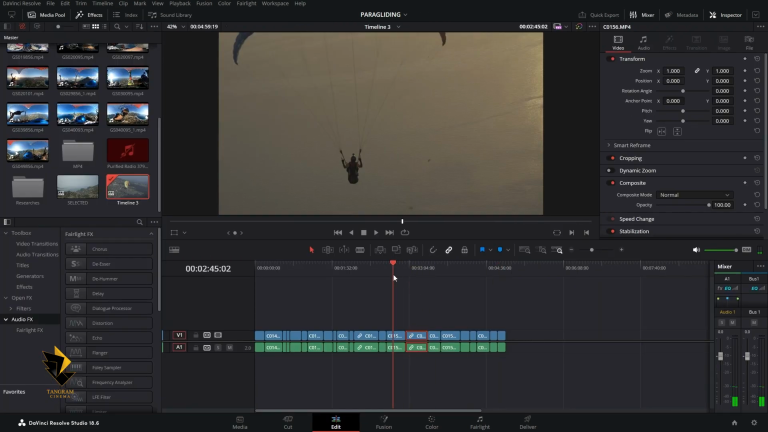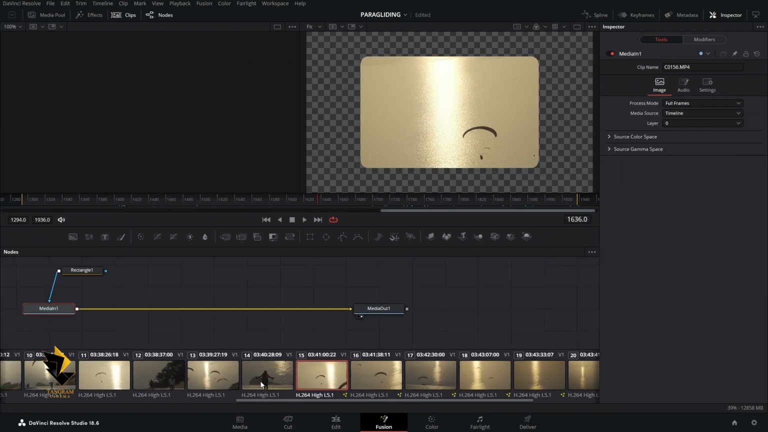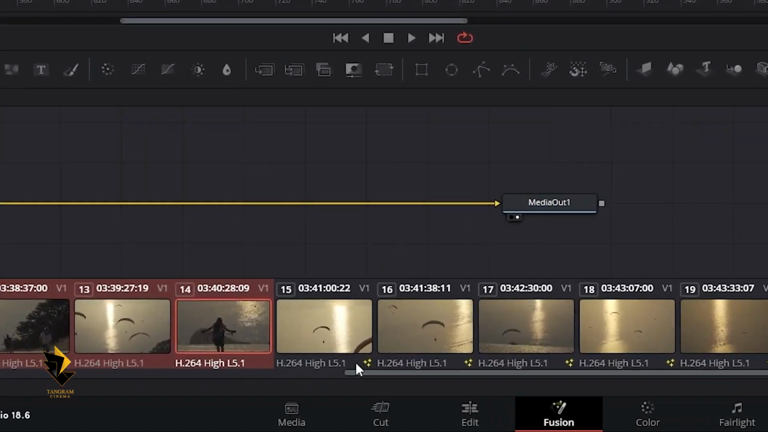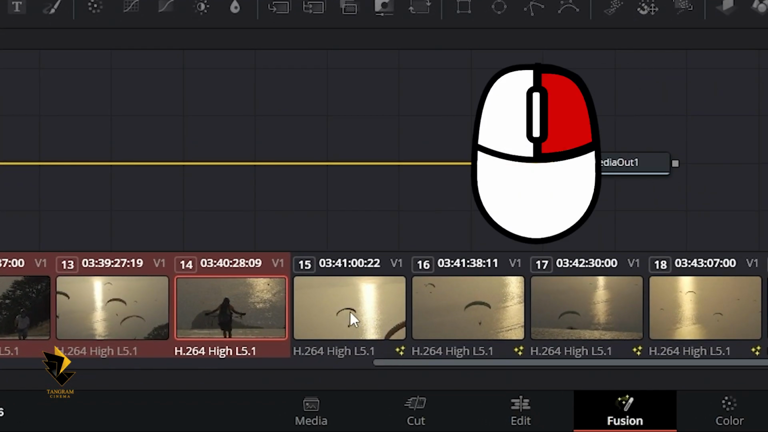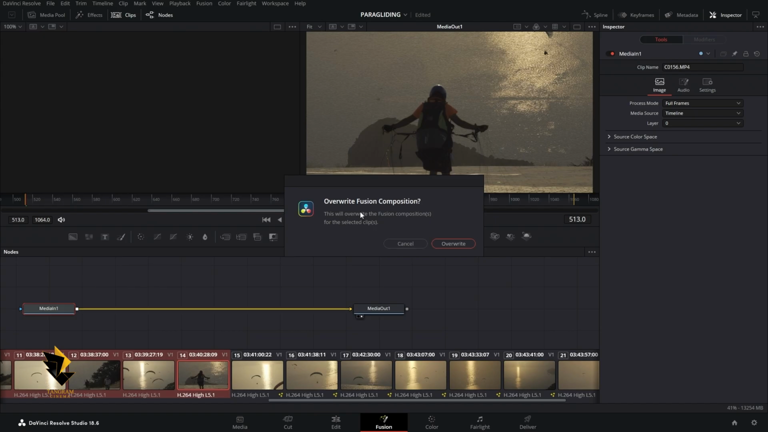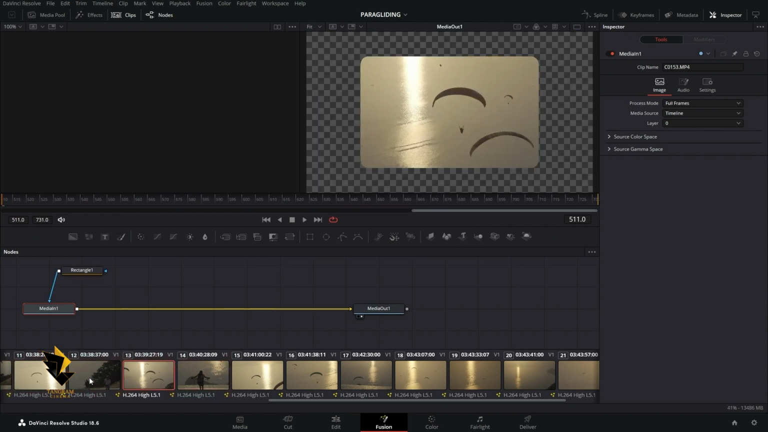The second method is to again first select the destination clips and then right-click on the source clip and select the Apply Composition option, which asks about overwrite, and by confirming it, the effects are transferred to the selected